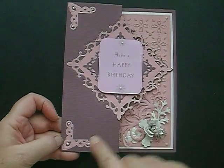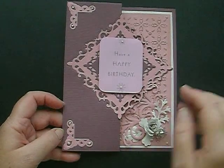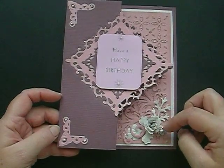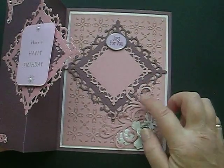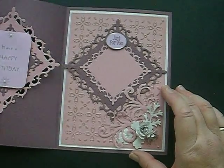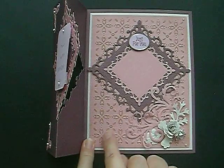I used, I think this is Asian accents, again more opal white liquid pearls, more foliage here and bitty blossoms, and this flourish here, I can't remember what it is, but again I will put it on my website, on my blog. And then I used one of the Spellbinders embossing dies, and that came out really well,